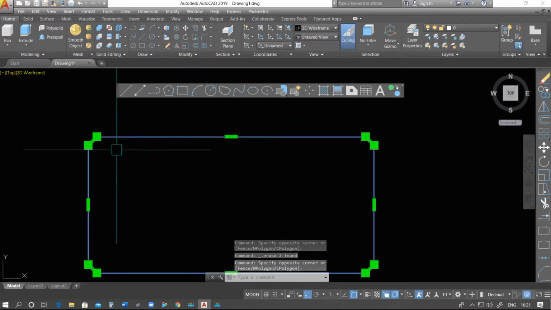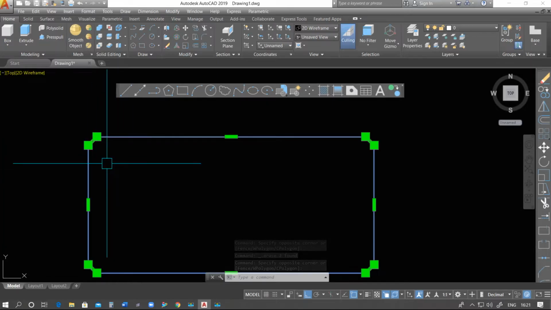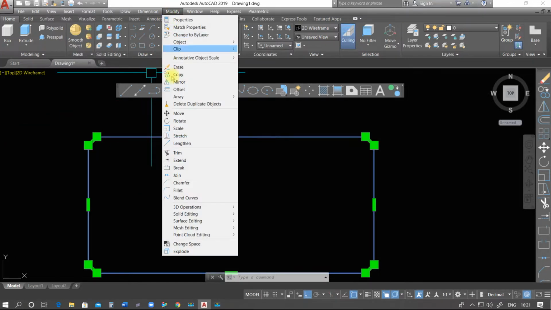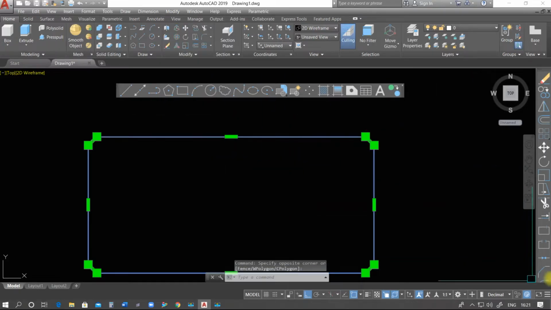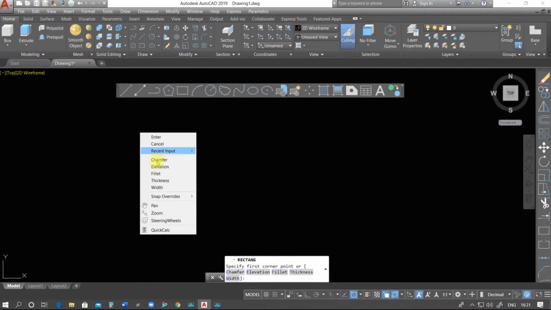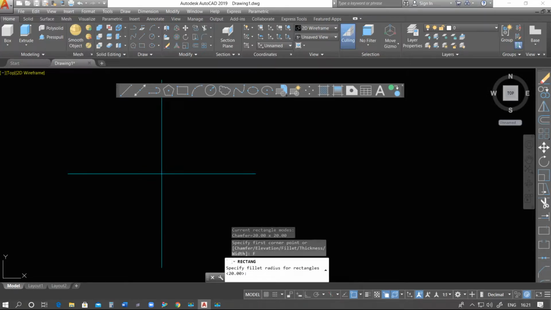We'll talk about chamfer and fillet. There are individual commands in AutoCAD for chamfer and fillet. We can see fillet and chamfer in the toolbar, here we have chamfer and here we have fillet. So this is chamfer. Now again select here, right click, there is an option with fillet.